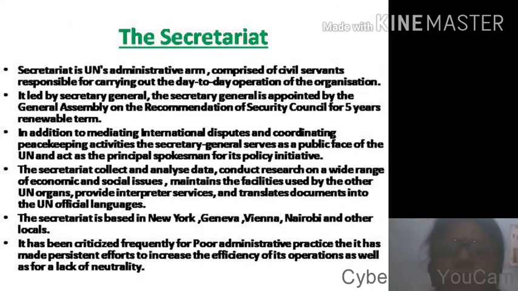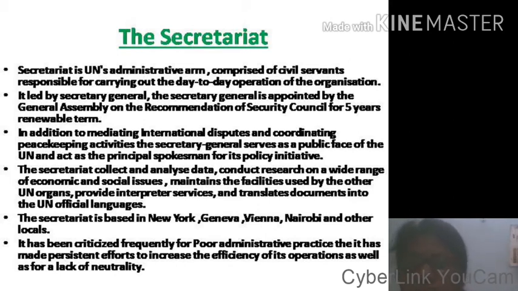Now I will talk about the Secretariat. The Secretariat is the main administrative body of the UN. It is the UN's administrative arm, and it comprises the civil servants responsible for carrying out the day-to-day operation of the organization. The Secretariat comprises the Secretary General and tens of thousands